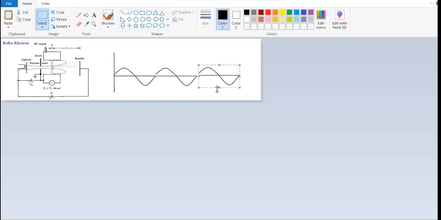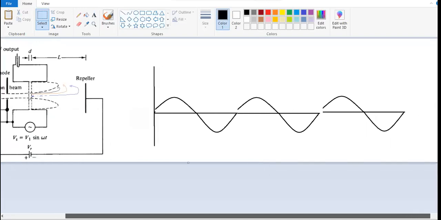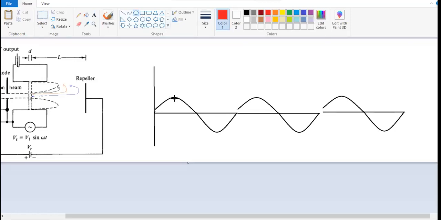Okay. So these are the 3 cycles, with positive and negative aspects. So what happens? I'll consider the electron at 3 different positions. This is 1 electron, so 1 position. I'll consider this at the positive of the cycle, which may be called the early electron. So I will call this the early electron.